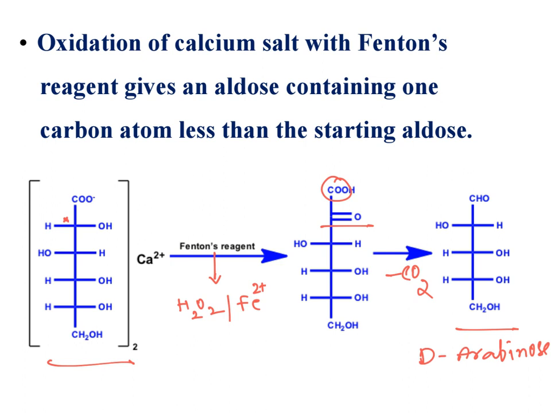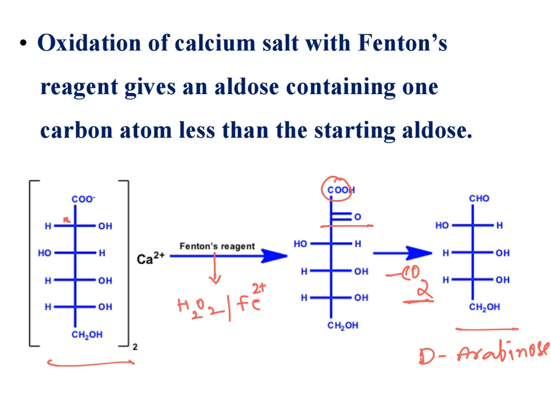In this entire process, the first carbon in glucose, the CHO group, is oxidized and converted into carboxylic acid, and then decarboxylation eliminates it. The second carbon, which undergoes oxidation, is converted into the CHO group. This is the entire conversion in this process. So during this synthesis, the first carbon is lost as carbon dioxide. As a result, one carbon is decreased here. This entire procedure we call the Ruff degradation method, which is used for contraction of the chain length in carbohydrate chemistry.